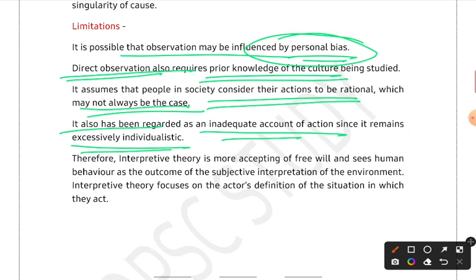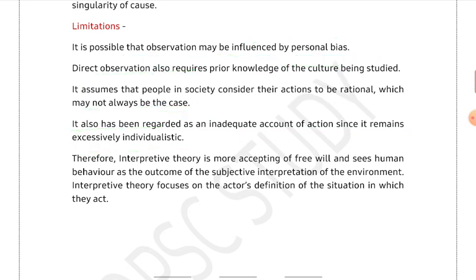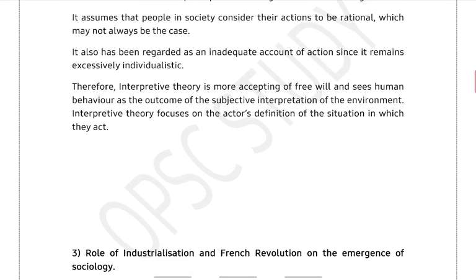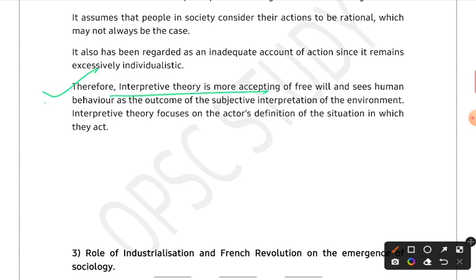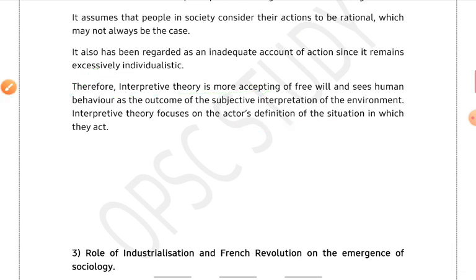Being individualistic in nature, individuals are involved, so there might be different meanings based on human consciousness. So you cannot come up with a general theory of what family or marriage is, and you cannot define any social institution, because everyone will have a different meaning for different institutions. So that is also one of the limitations of interpretative sociology. Then we will conclude by saying that it is also one of the important studies for understanding society, right? You can keep the conclusion simple.